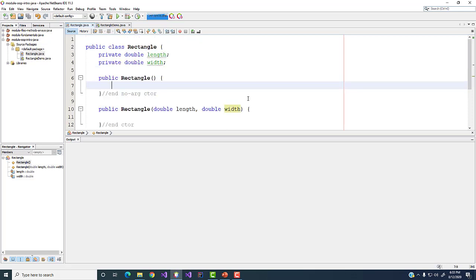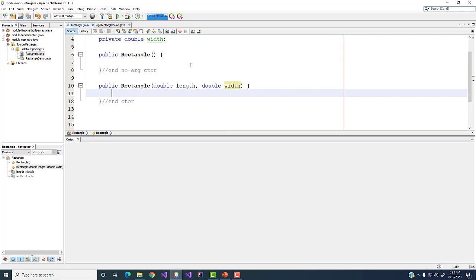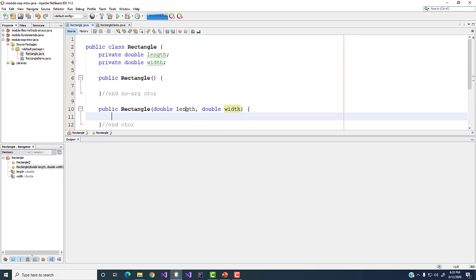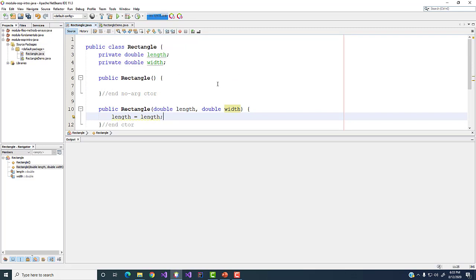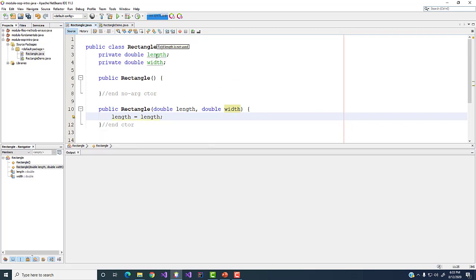So for this one, let's do the parameterized constructor first. And you might think, well, wait a minute, why did you pick length and width as the names of the parameters? Because if I say length equals length, that's a little confusing. It says the assigned value is never used and assignment to itself. Color code wise, the IDE is trying to give you a hint. You'll notice that it does not turn green because it is not thinking it's the field,